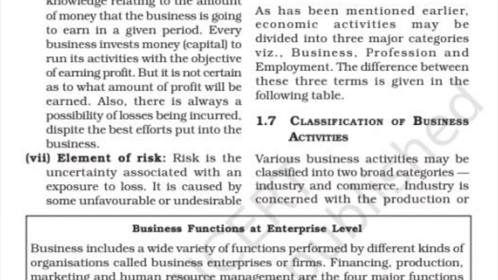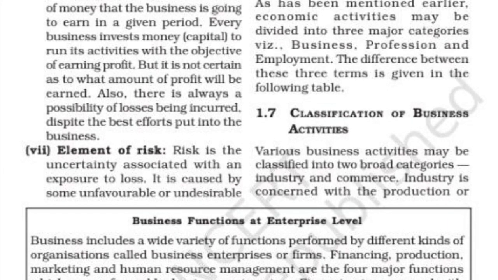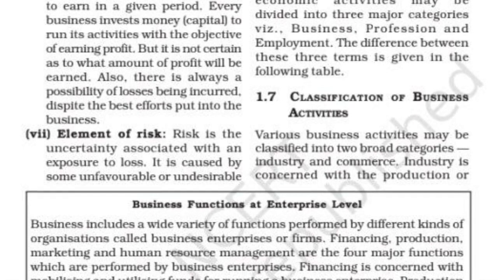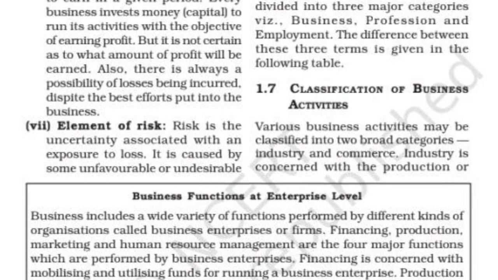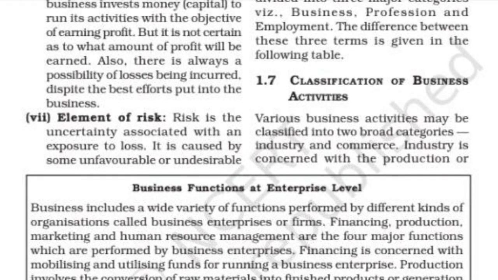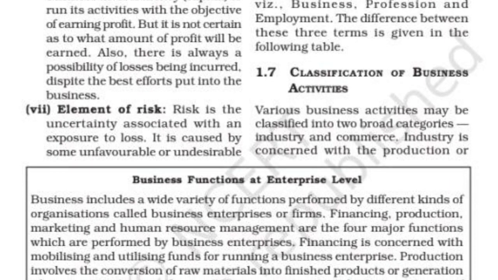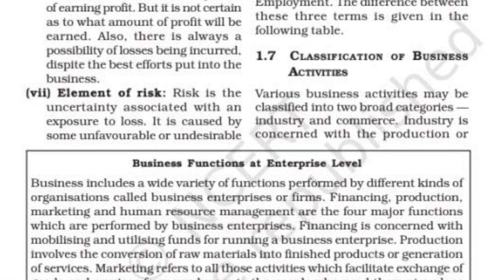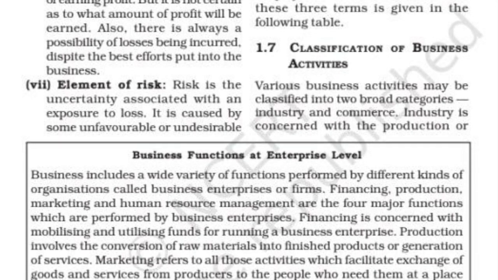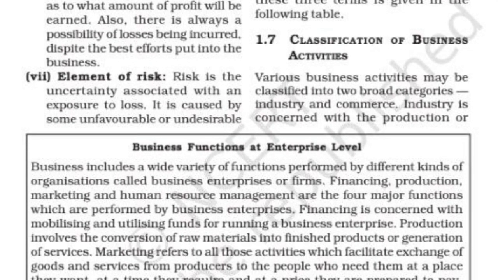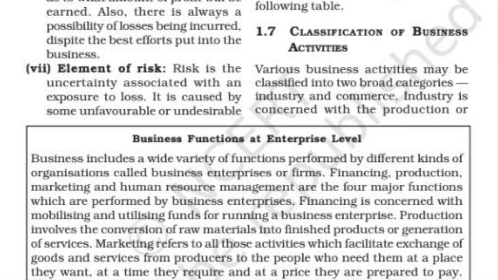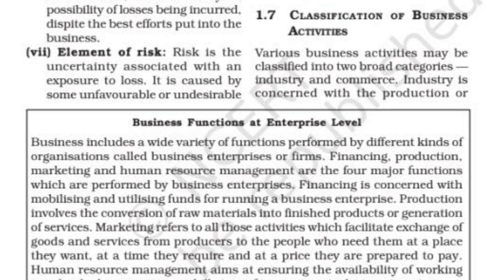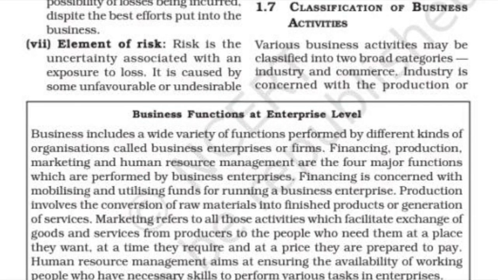Next point is uncertainty of return. Obviously, in business there is always an uncertainty. Uncertainty means there is no surety that we'll be earning the profits or not. Sometimes business might not earn the profits. Sometimes it may earn much higher profits, right? Some businesses have stability of earning profits, but some businesses might not have stability. So there is always a risk of uncertainty, or we can say the uncertainty of returns can be there. Sometimes we can have high, as I told you earlier, sometimes we can have low profits, right? This is basically what business is.